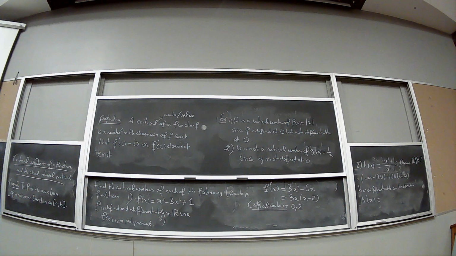Did anyone try it or not? Let's just do it. It's 2x times x squared minus 1 minus 2x times x squared plus 1 over x squared minus 1 squared. So what do you get? You get minus 4x